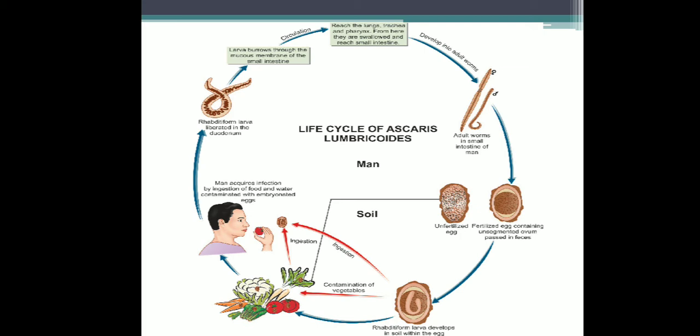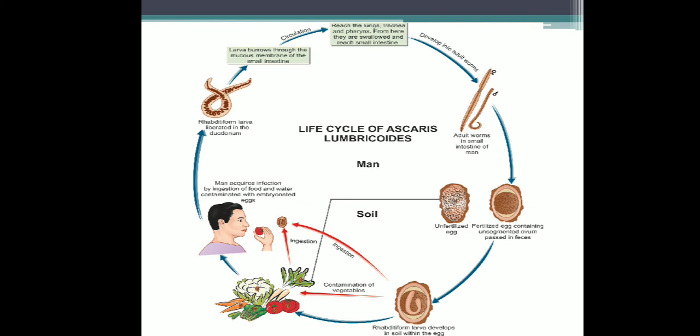So after the ingestion of embryonated eggs in contaminated food, drink, water, or from any contaminated fingers, the host digestive juices act on the eggshell and liberate the larva into the small intestine. They penetrate the intestinal mucosa, enter the portal vessels, and are carried to the liver. Then they pass through the hepatic vein, inferior vena cava, and the right heart, and in about